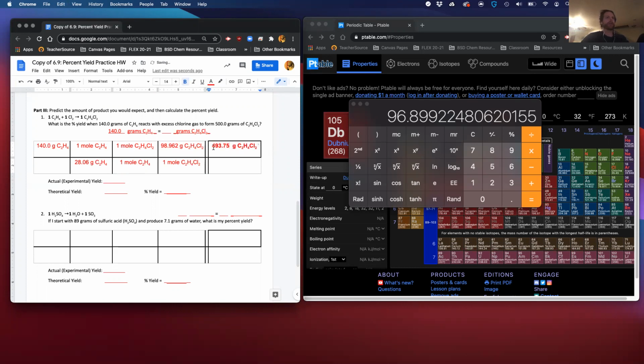493.75. So what does that mean? That means theoretically, I should have gotten 493.75 grams, but in the experiment, I actually got 500 grams, which is strange. You usually don't end up with more. So what I do is I take this number right here, 493.75,